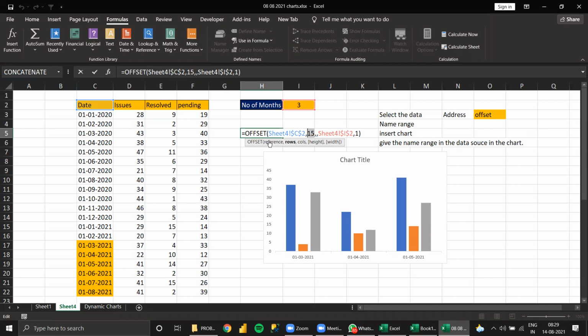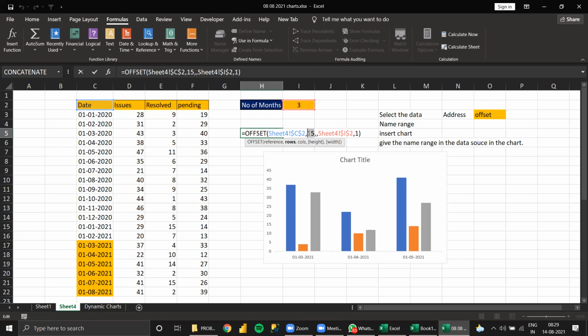Right? So 18 should change. This should change. How can you make this dynamic? Think it through and give me the formula for this. This 15 you need to make dynamic. Then it will work for the last 3 months, 6 months, 1 year, all that.